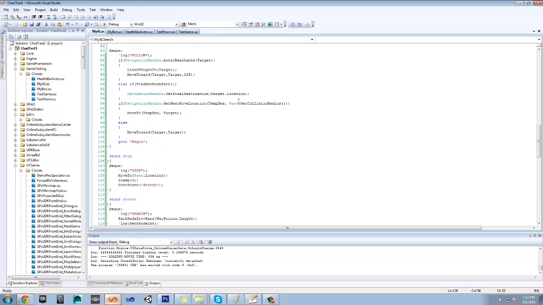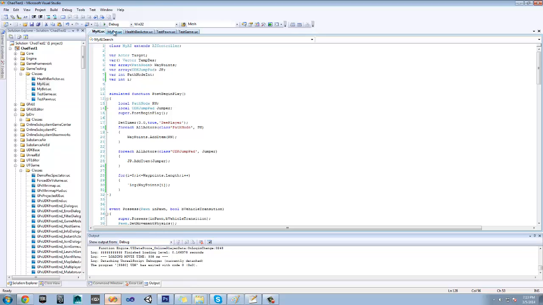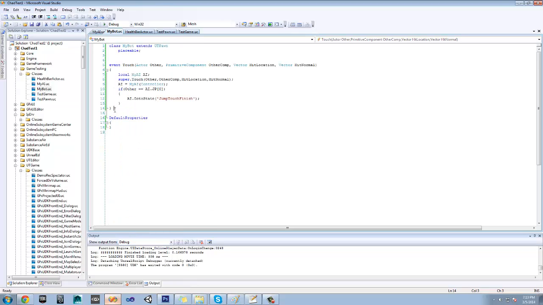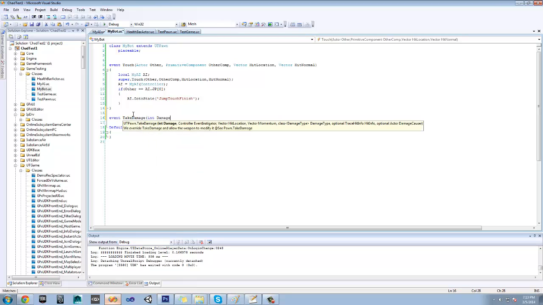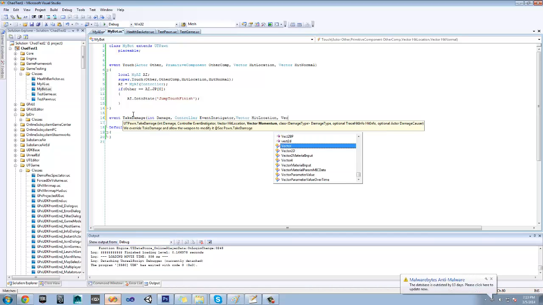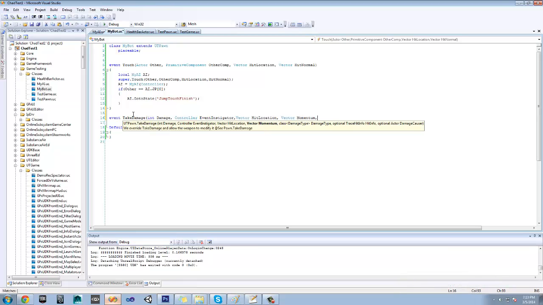Let's go ahead, I got an idea. How about we say, if it gets shot, we don't want it to keep going on the path it's going. We want to actually get its attention, be like, hey, come get me, bro. You know what I mean? So let's go ahead and, in the bot and the UT pawn function, particularly my bot, we're going to say event take damage. There's an int damage. You gotta type all the stuff in. Controller event instigator, vector hit location, vector momentum,